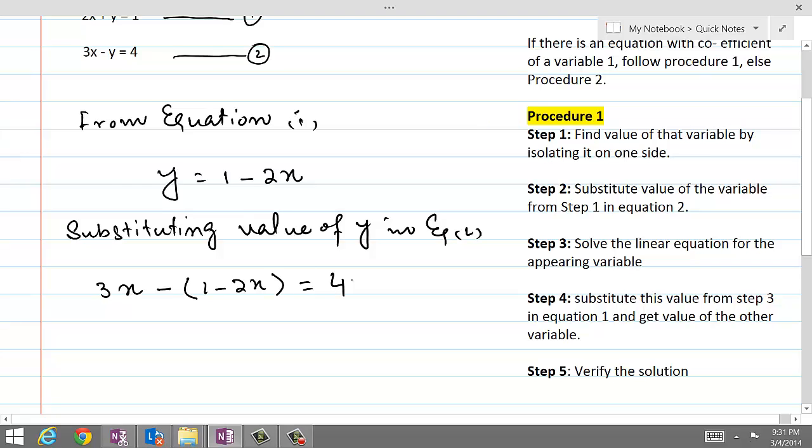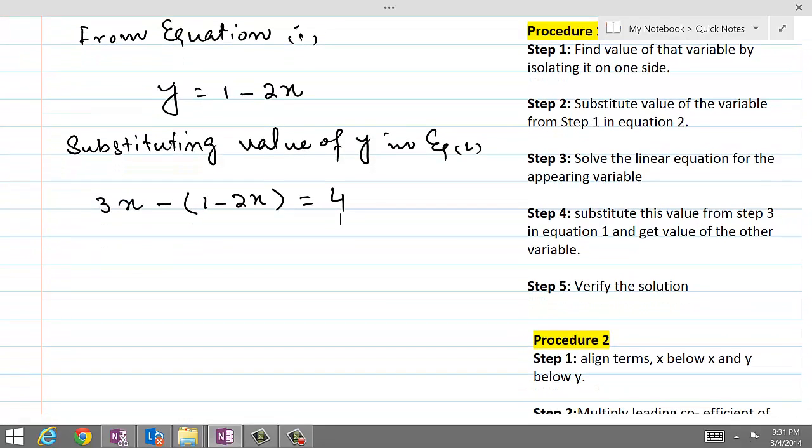So instead of y we are writing its value, which is 1 minus 2x, which we have obtained from equation 1. Now simplifying this expression, 3x, and now when minus multiplies inside, this will become minus 1,